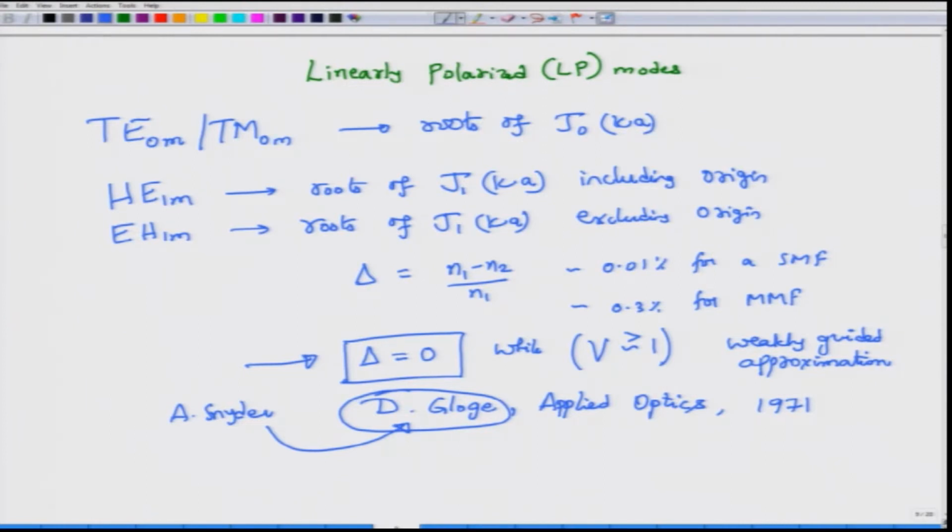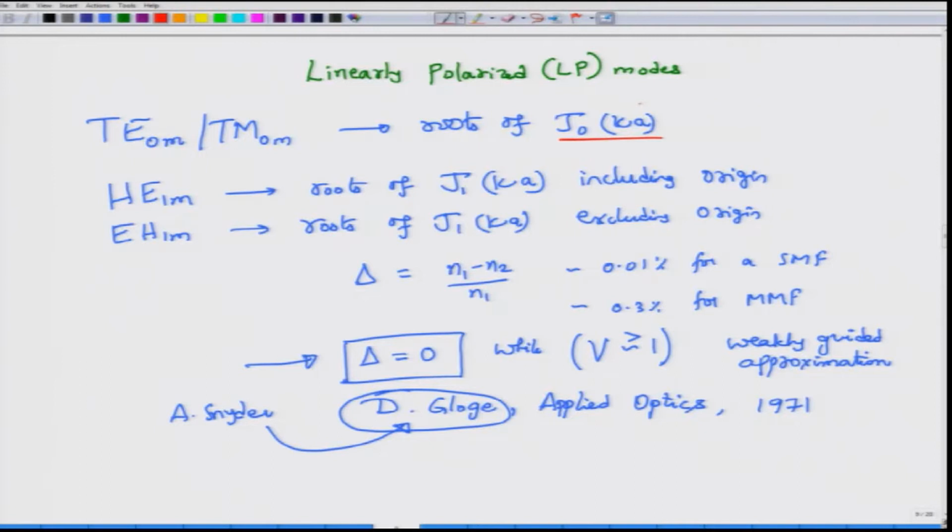Now, before we can do that, let us recapitulate the true mode cutoffs, right. So, when we say cutoff, what we mean is the frequency at which the mode would just begin to propagate, or it is mathematically possible that the mode would just begin to propagate. Of course, you do not want to operate at the cutoff, you want to operate far from the cutoff, because you want to be able to support that particular mode. That mode has to more or less carry information. So, you do not want it to be barely propagating, you want it to be well propagating, it must have a large propagation constant. Okay.